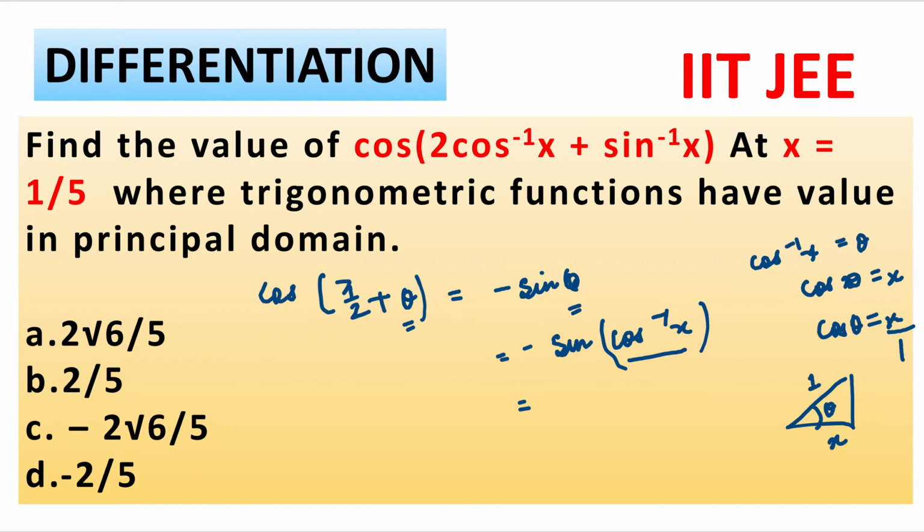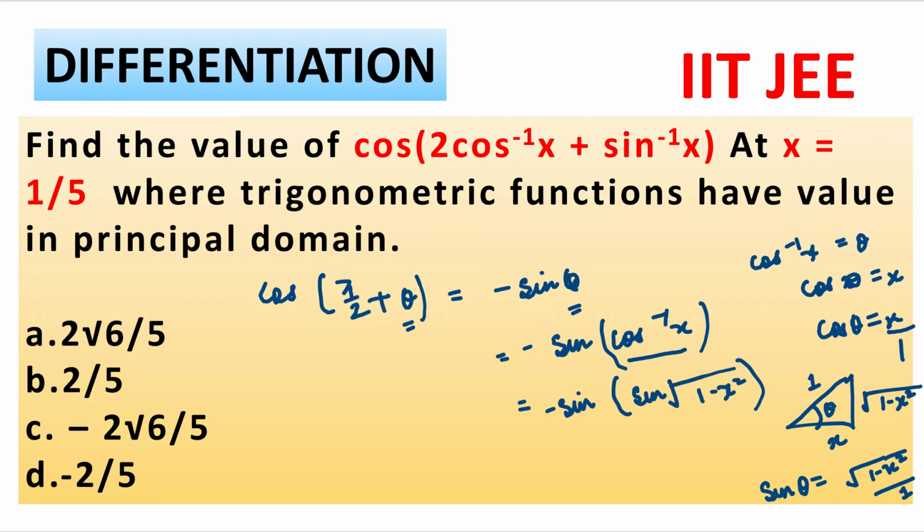So this is a right angle triangle, right? In a right angle triangle, by Pythagoras theorem, you know that this side is root of 1 minus x square. So if you have to write this, because this is sine, right? We want some expression which is of the form of sine inverse. So what can we write? We can write that cos theta is x by 1. So in this case, sine theta will be root of 1 minus x square divided by 1, which is nothing but root of 1 minus x square. So I will replace this cos inverse of x with sine inverse of root 1 minus x square.